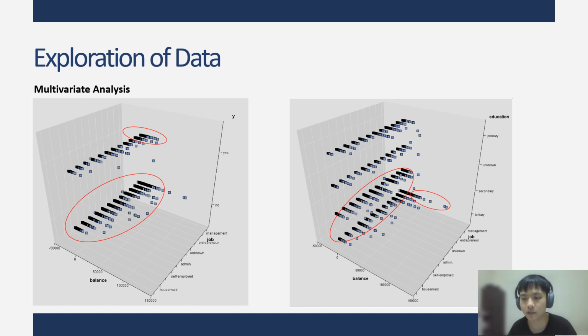Having explored the relationship between job and balance, we want to know if education is a main factor affecting job and bank balance. What is the relationship between job, bank balance and education? From the right graph, we found that customers with higher education, especially tertiary education, have the highest balance compared to other education levels. At the same time, in the same graph, the customers with a larger balance in the bank are in management, and most of them are tertiary educated.